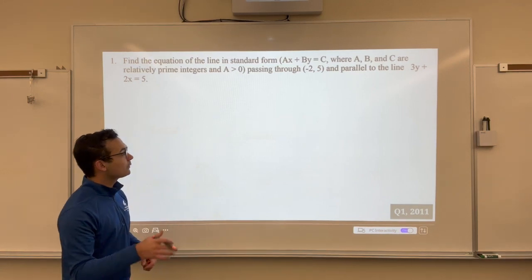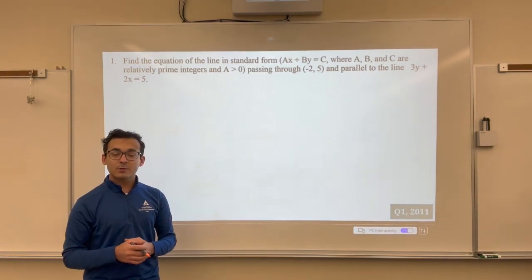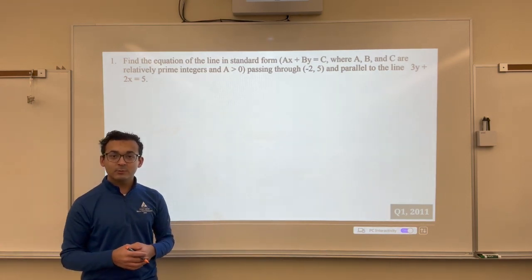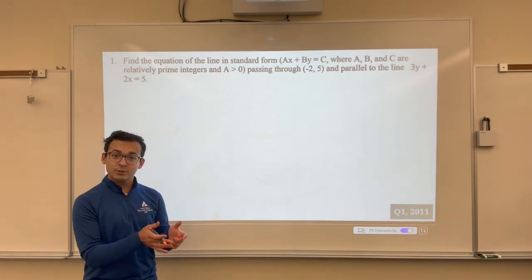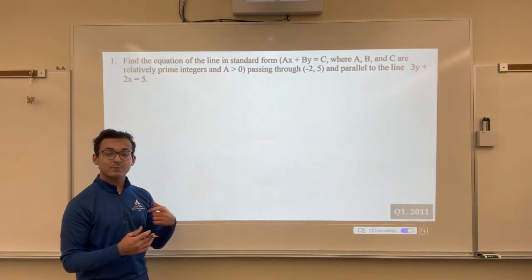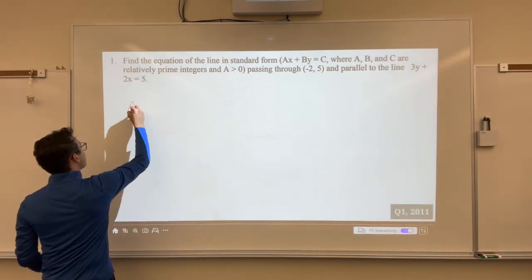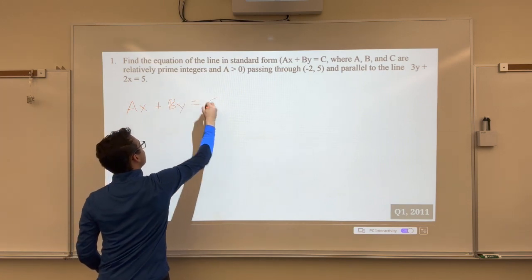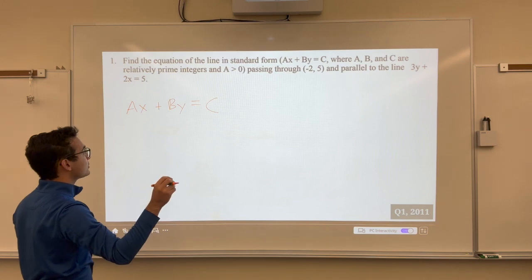Now, I chose this problem specifically because it talks about standard form of a line, which is going to be super important to understand in this section. Normally, we have slope-intercept form or even point-slope form, and those are important too, but standard form is another way to express a line that we need to talk about. So, as it says, ax plus by equals c, where a, b, and c are relatively prime integers and a